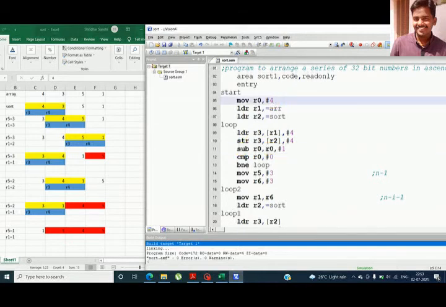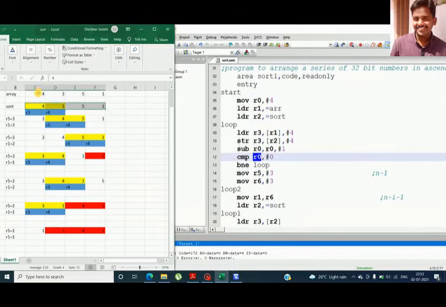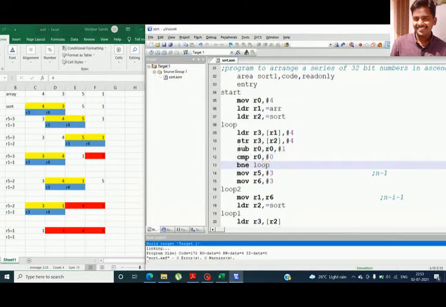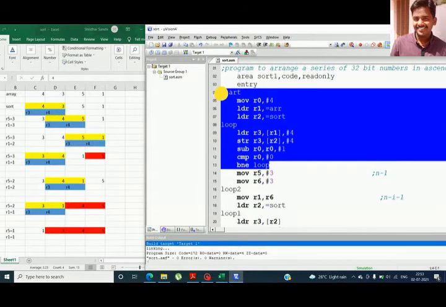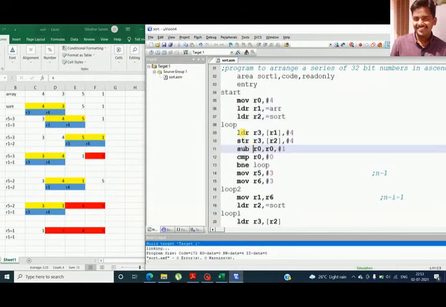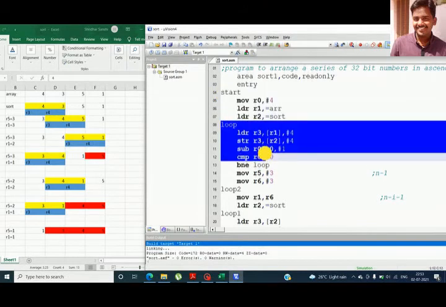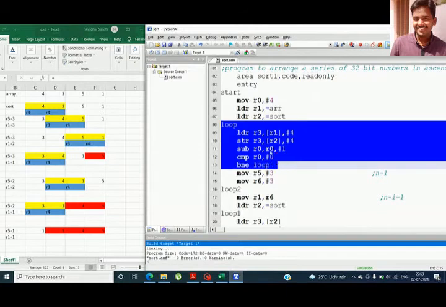Initially it was 4, now it will become 3. This will continue until R0 becomes 0, until all the values are copied to the sort memory location. This is the code for copying the contents.